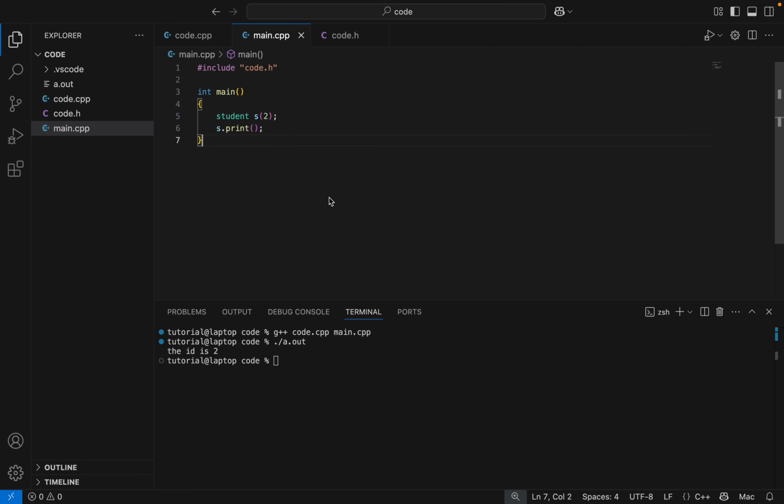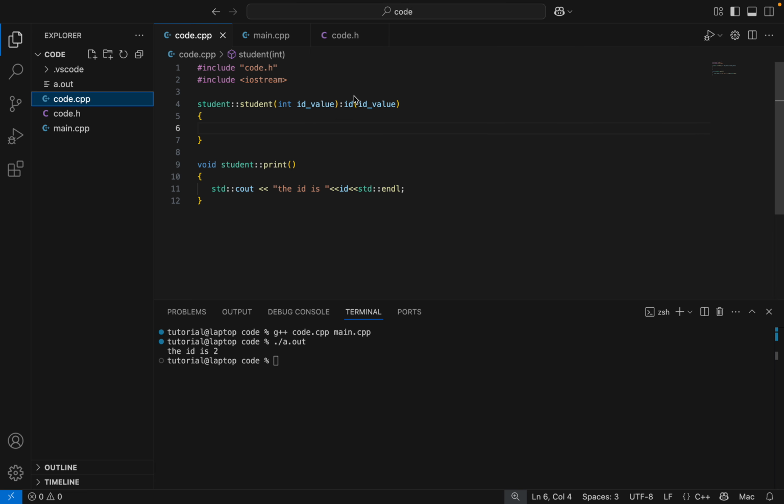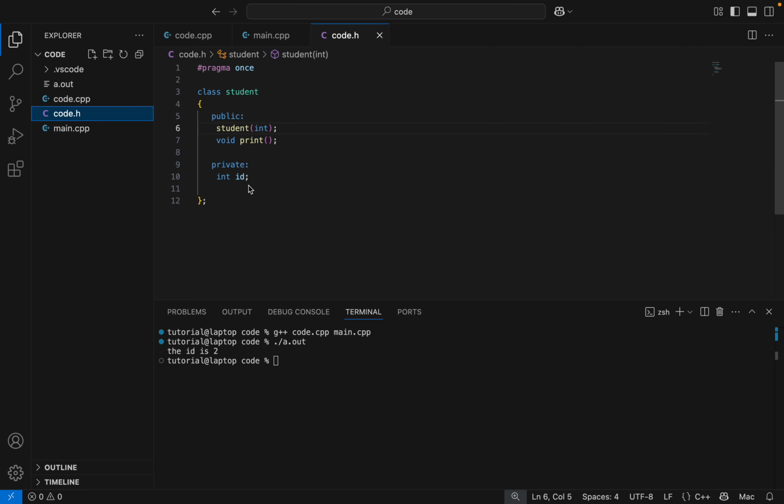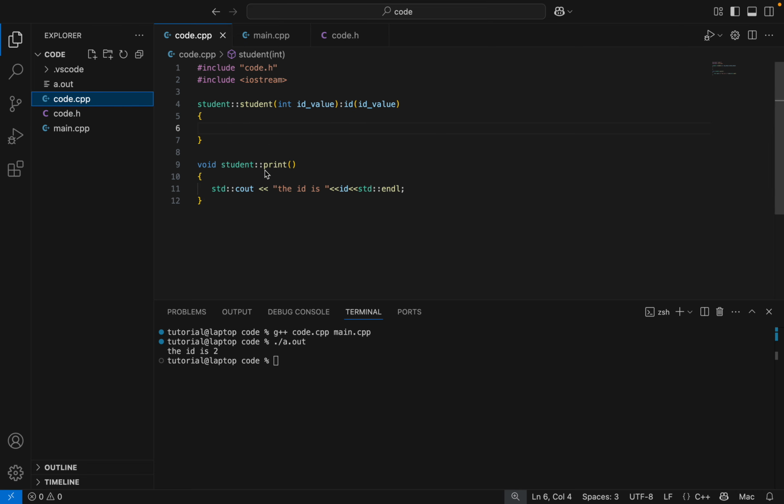Hello guys, let's continue our discussion about classes. What we learned in the previous video is that whenever we create an instance of a particular class, its constructor will be invoked, which in our case is this particular constructor. The 2 we passed will come to this, and the ID, which is a member of this class, will be initialized with the value 2, and that is why when we call print, the 2 is getting printed